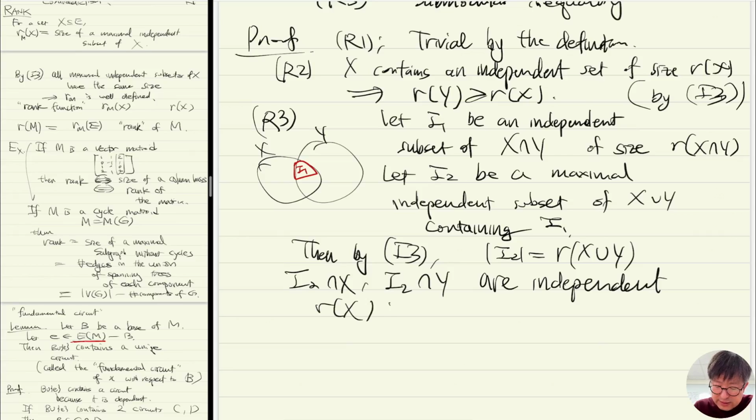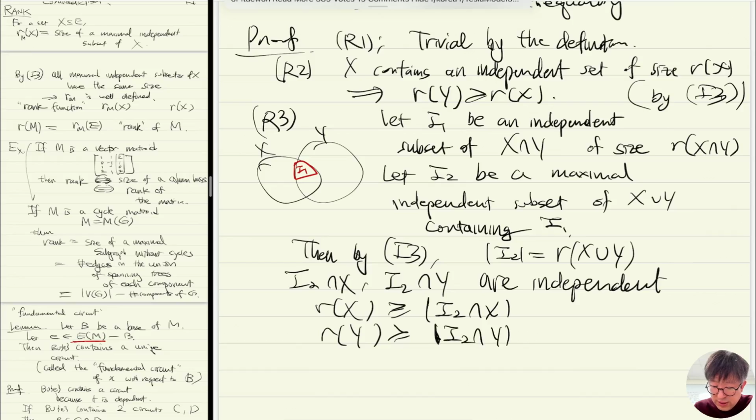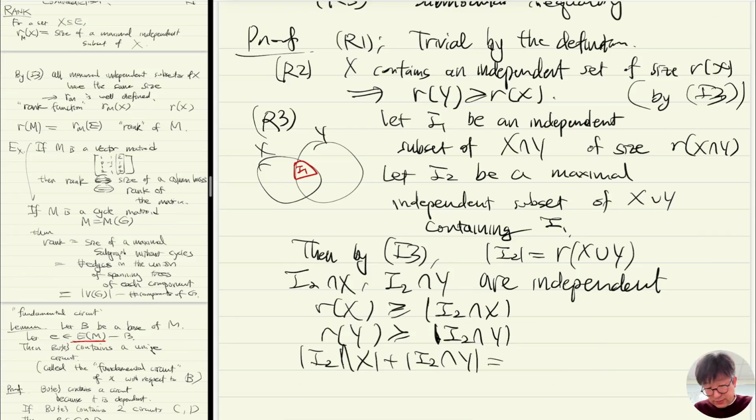So rank of X is at least size of I2 intersection X. Rank of Y is at least size of I2 intersection Y. But I2 intersection X plus I2 intersection Y is equal to, right, so that's what I counted twice. This is size of I2